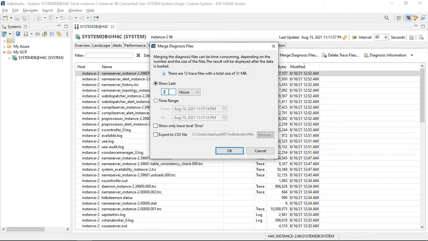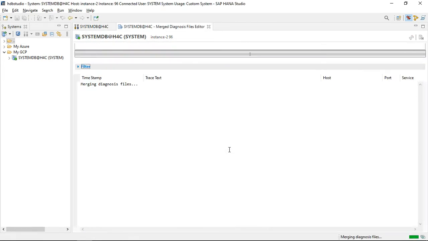So just say 2 hours. You can put a time range also if you want, like yesterday's time range or whatever time range. And if you want to see only errors, you can select this tick, and you can export also. So I will say last 2 hours.